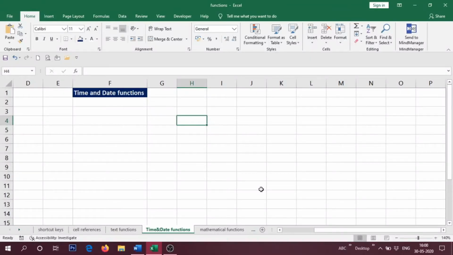Hi, today we will learn time and date functions. In Excel we have time and date functions with which we can easily update our sheet with the preferred date and time. So here we will start with, suppose in this sheet we want to display